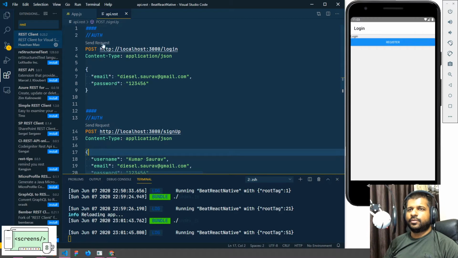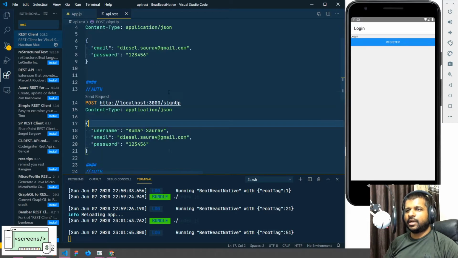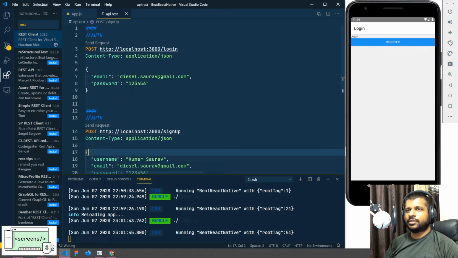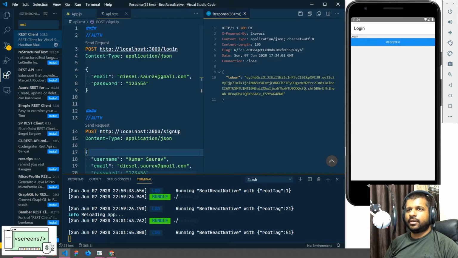Okay, so we have three APIs which are login, sign up and /me. So basically login will take email and password and then give me a token back. So let's see how that works. So when I click on login, it takes the email and password and gives me the token back. So using this token,